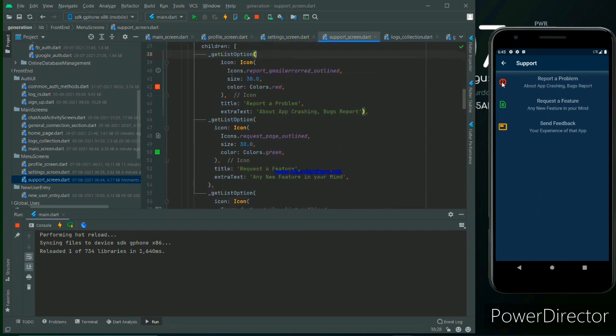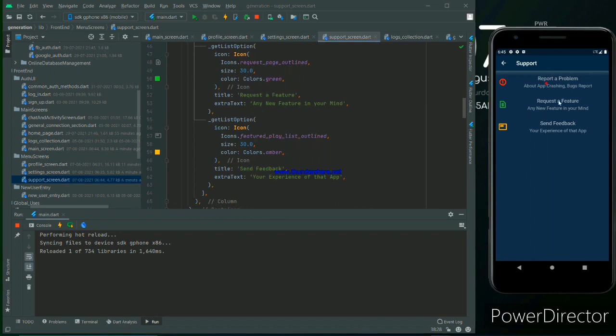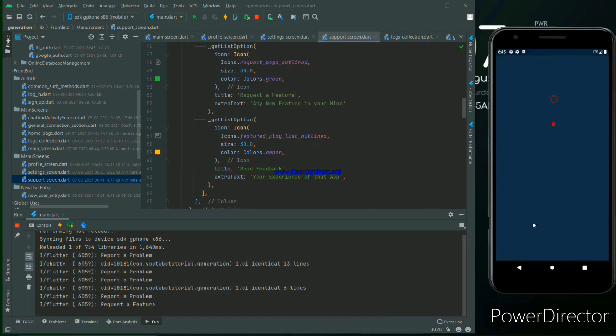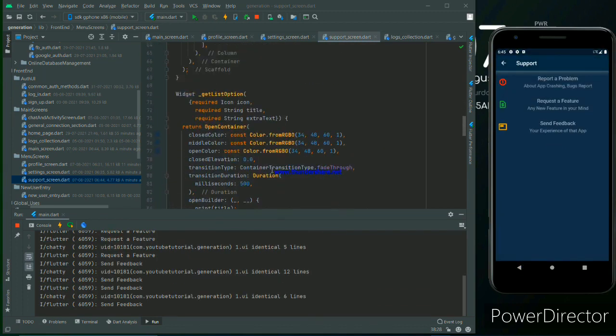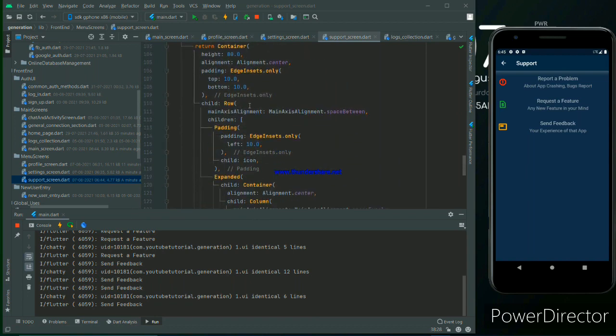So it takes an icon, and the title is the upper text, and the extra text is the lower text, that is actually describing what the option will cover. And there are 3 options, you can see 3 options are present. And if you see the common method, just like before, every common method is in the same pattern: container, row, and you can understand if you are a Flutter developer and have knowledge about the row and widget composition, you can understand what I want to say.